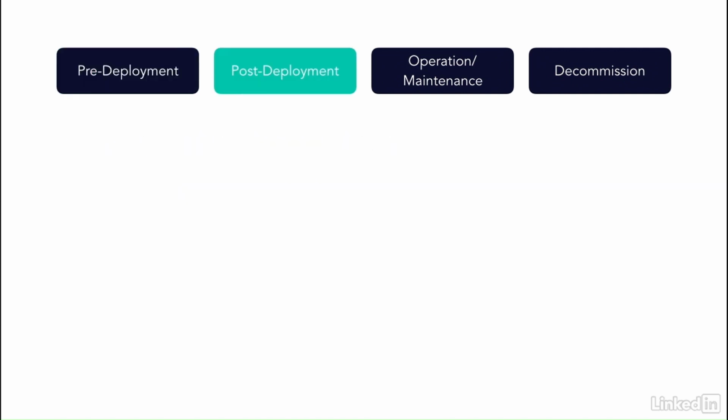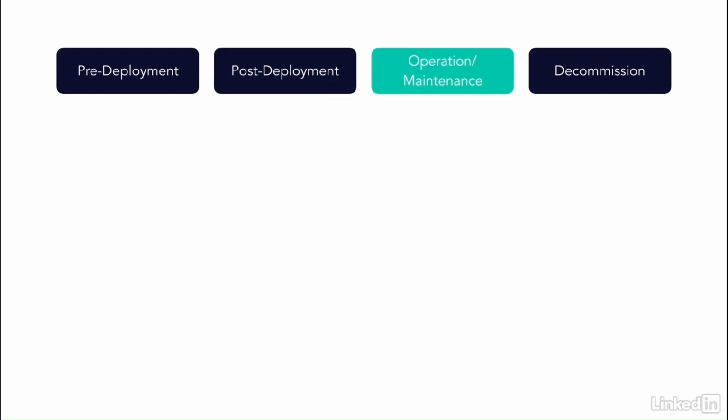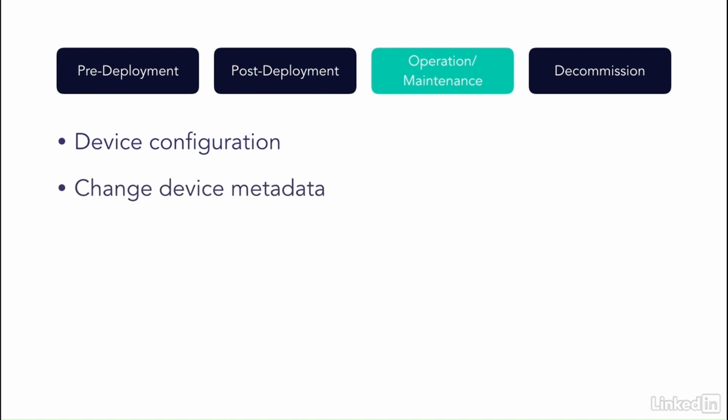After that, in the post-deployment phase, when an initial connection happens from the device to a DM service endpoint, we need to be able to remotely provision or re-provision devices, and to do the device onboarding in order to add them into a remote DM service endpoint to manipulate them as managed devices. These processes can be initiated from a device or from a remote server. Then, after we provisioned the devices, they are in the normal operation phase or maintenance phase, when we may need to configure devices to dynamically change the credentials and to change some values of the device metadata. For example,